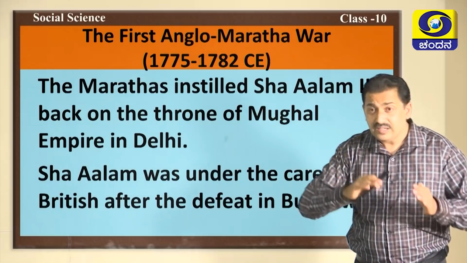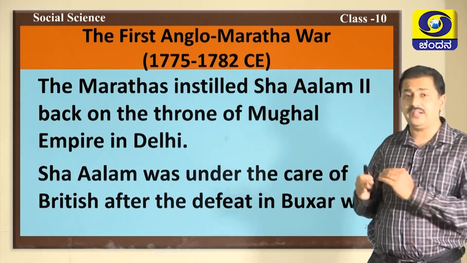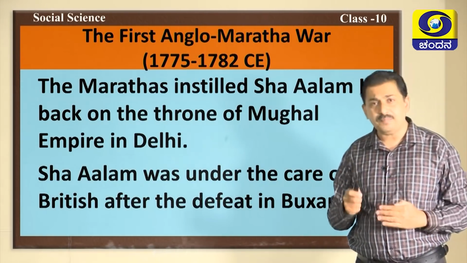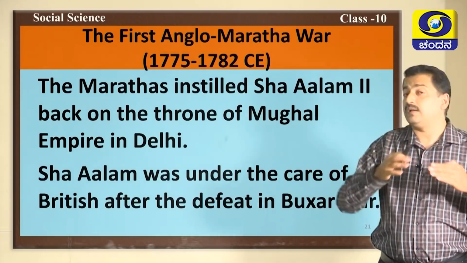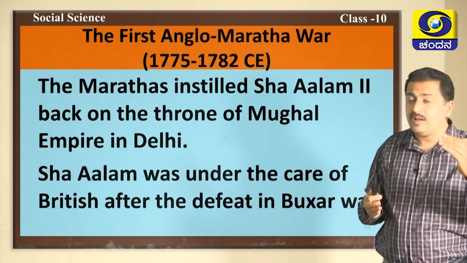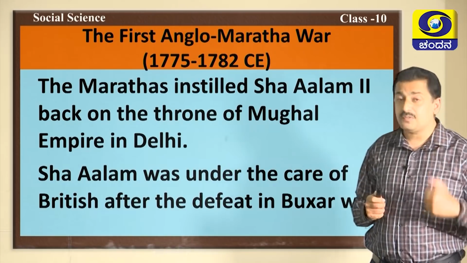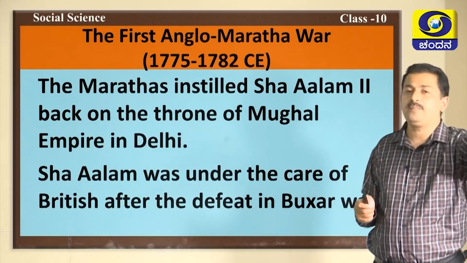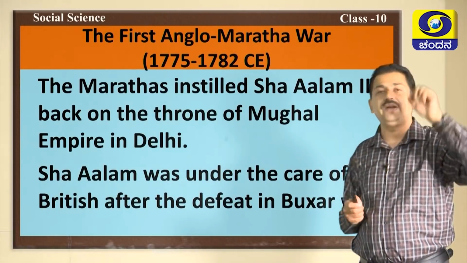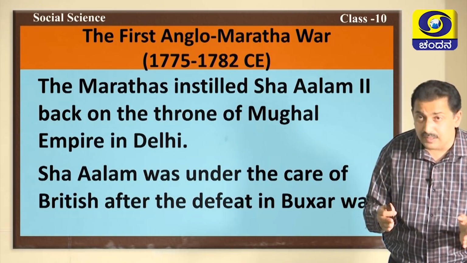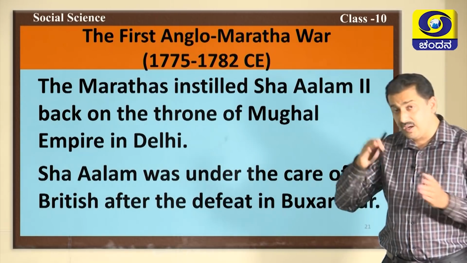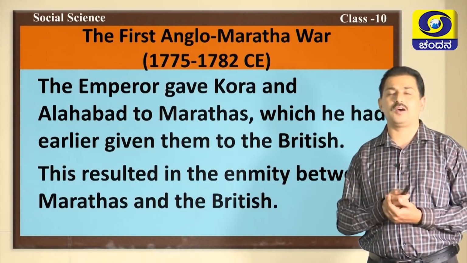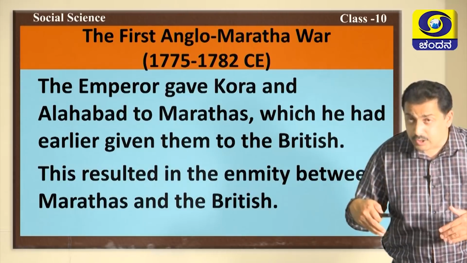The Marathas instilled Shah Alam II back on the throne of the Mughal Empire in Delhi. That means, after the battle of Buxar, the name of Shah Alam II had come down. These Marathas empowered Shah Alam II and again reinstalled him with all the powers on the throne of Delhi. Shah Alam earlier was under the care of the British after his defeat in the battle of Buxar. As a token of gratitude, Shah Alam